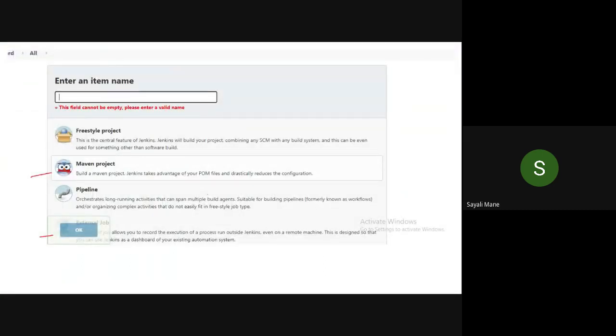So please open your Jenkins account and click on the new item.